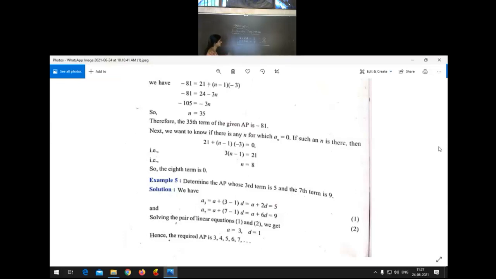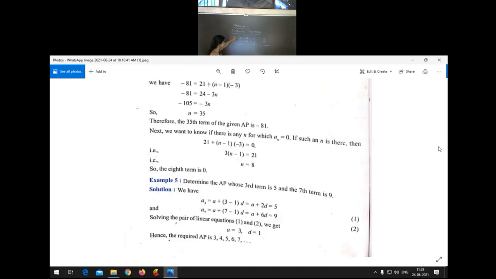Okay, now you just observe minus. Then here again, 2d plus 6d, we have to reverse the sign, that is minus 6d. Here also same, minus. Here 9 is plus 9, so then we have to take it as minus 9. This is called the sign change rule. For the whole second equation we have changed the sign. Changing the sign means whatever sign is present, we have to take the opposite sign. If plus sign is there, then we take minus. If minus is there, then we take plus.